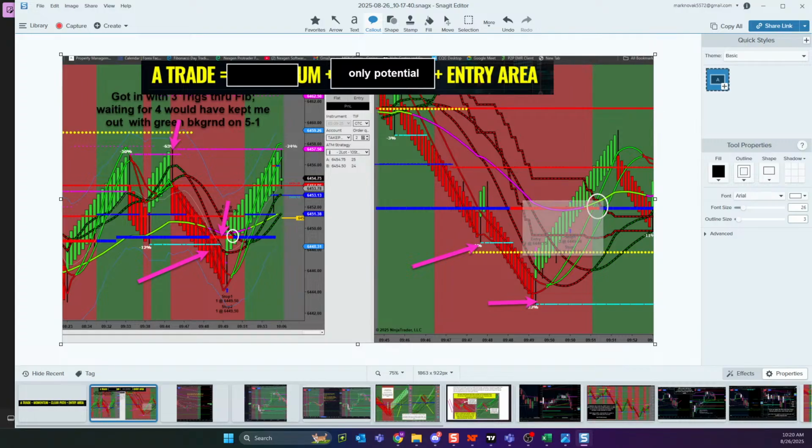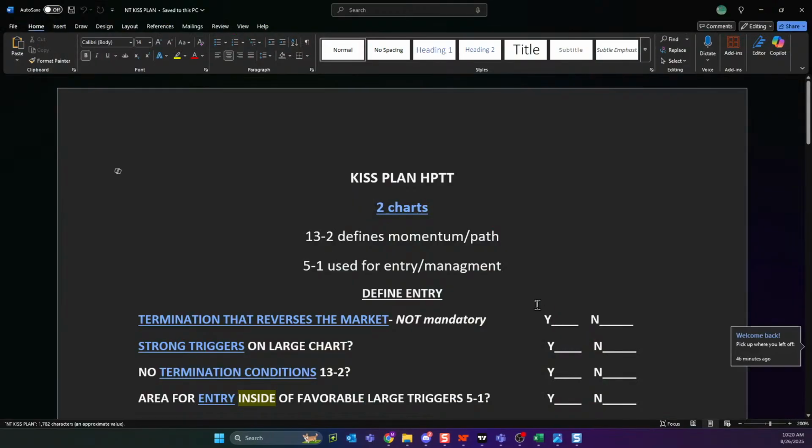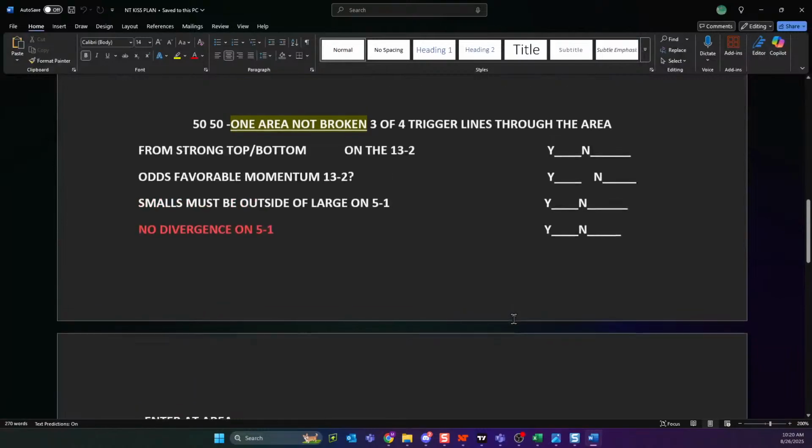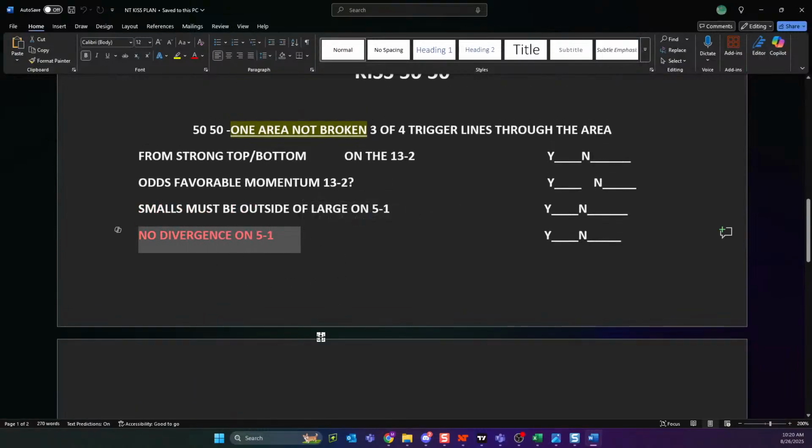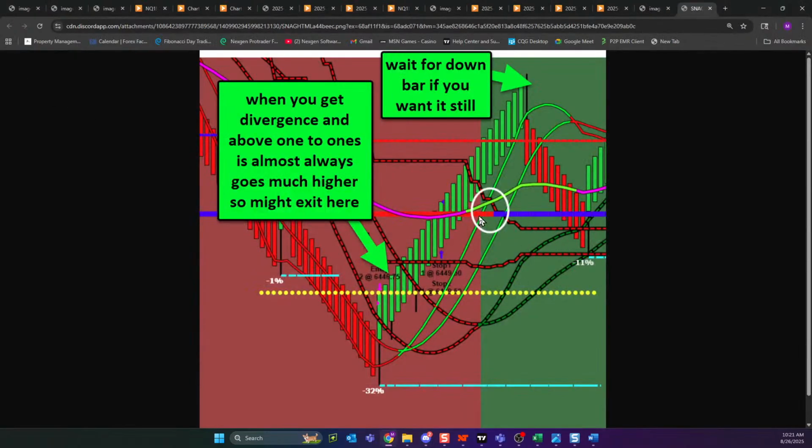But that's one of the things, when you look at the KISS plan, the very basic plan, it reminds you no divergence on the 5-1, because that really is the biggest killer. So when you end up with 2 of them, even more so. And then I think John's talking about,